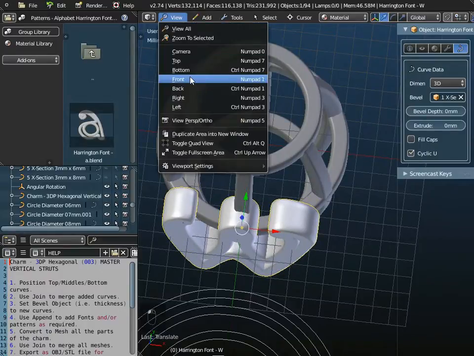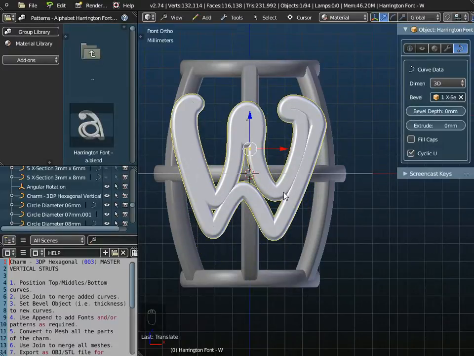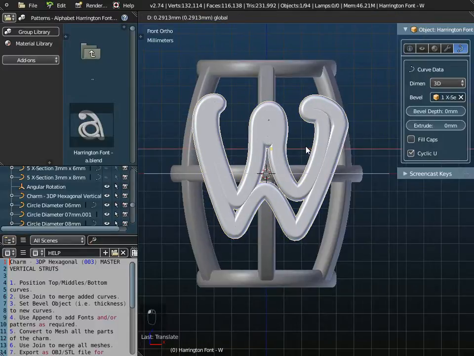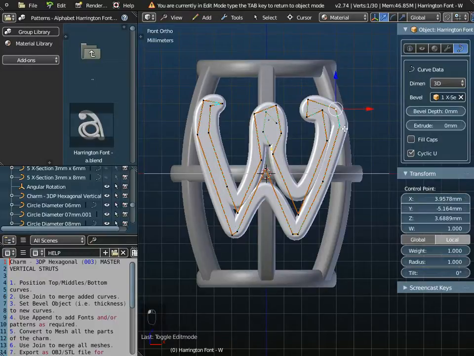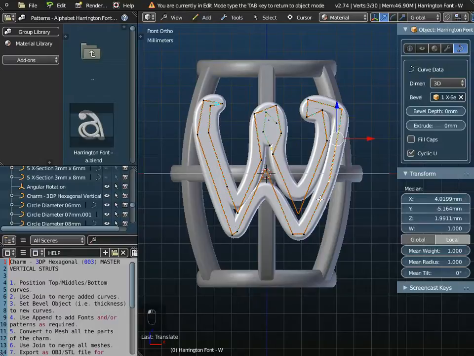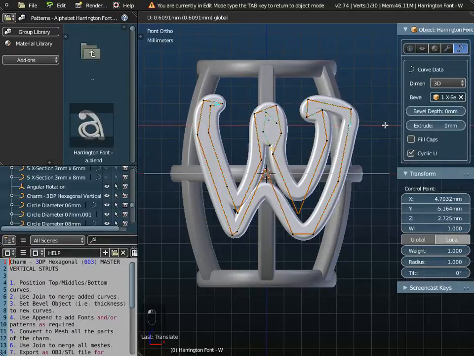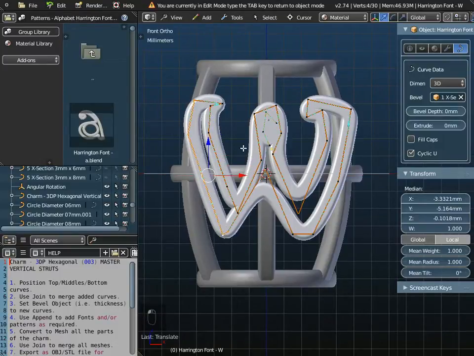But if I just go to View and Front View, and I'm just going to position it in the center there. Now with the W highlighted, I'm just going to press the Tab key on the keyboard to go into edit mode. So what I could do is, if I hold down the Shift key and highlight some control points, I can just move, oops, I missed one. It's 4 down there. So if I just move that out, I still didn't get that one. Just move that out there, you can see I can open up the W, and I'll do the same on the other side. So this just opens up the W. I could move it upwards as well a little bit,